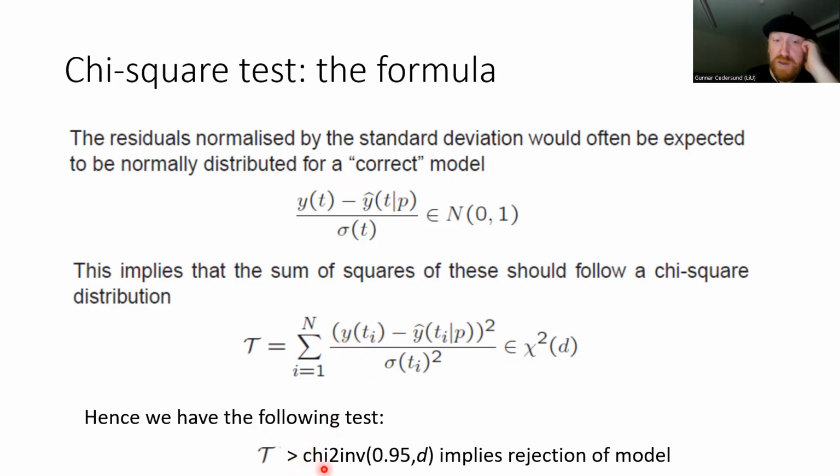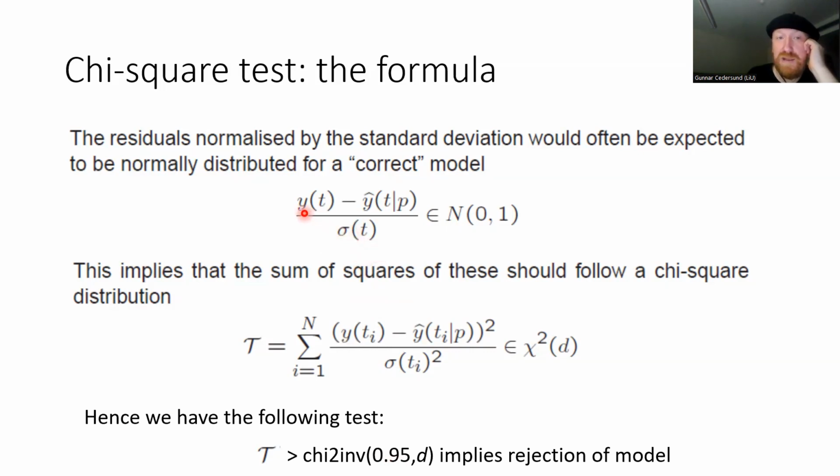If that is bigger than the inverse of the cumulative chi-square distribution with a 95% confidence or with a 95% cutoff, that means that it's unlikely that this assumption holds,